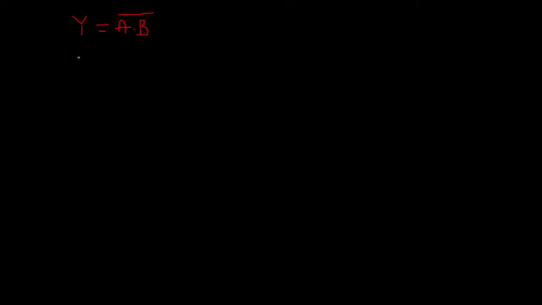So suppose I want to start with the pull up network. What am I supposed to do? Y should be the output for the pull up network. So we apply De Morgan's law to open this complement. What will we get? (A dot B) whole bar means A bar, dot becomes plus, and B bar. So we will be implementing A bar plus B bar.